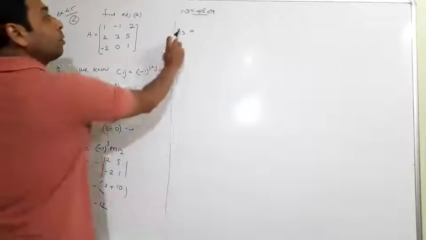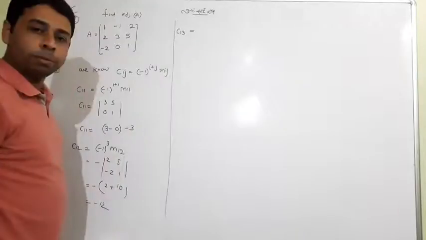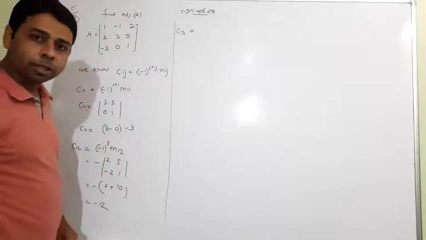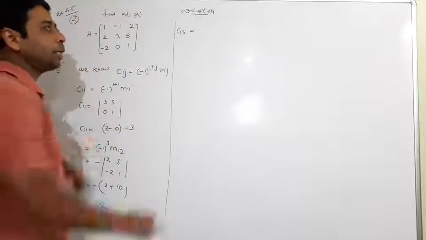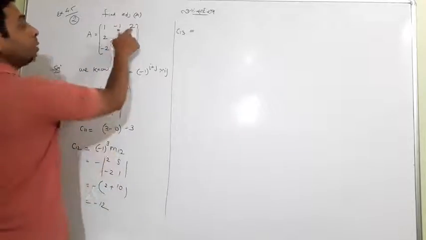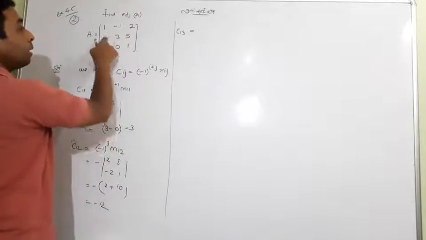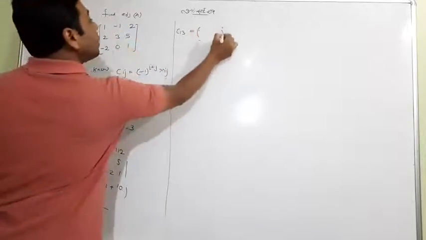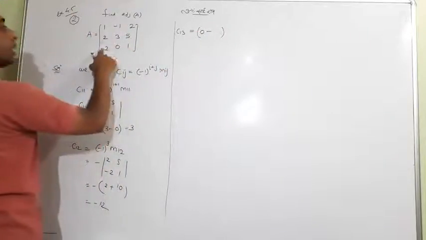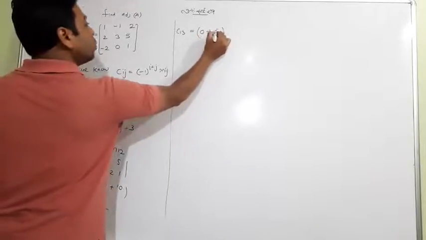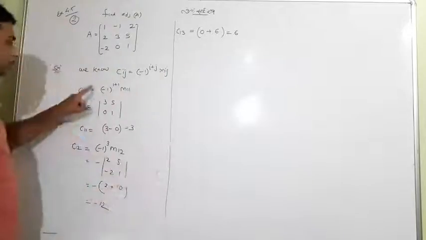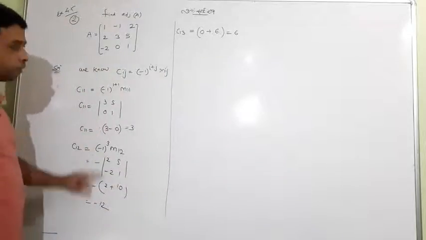For C13, 1 and 3 will be 4, meaning minus 1 to the power 4, meaning positive sign. So that only I am not writing directly, positive sign is here, and it is M13. What is M13? These two dropped and only this position remains. So can you directly open it? This position 0 into this 0, minus 6 meaning plus 6. So students, this is very simple work. This is 6. Now keep in your mind, it is positive, it is negative, it is positive.